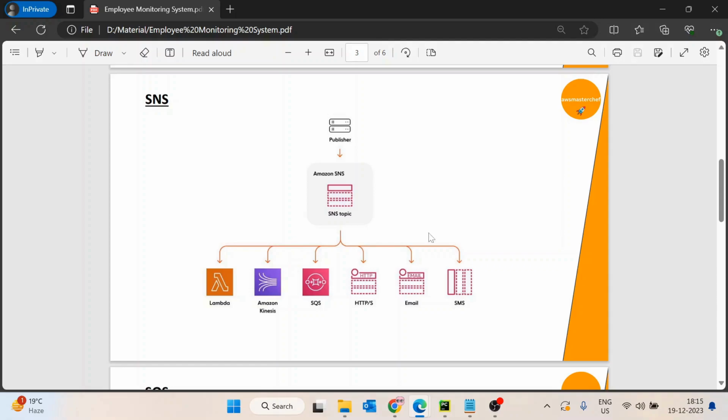Once you have a video as a publisher, you have a video message. You process that video and store it in an S3 location.